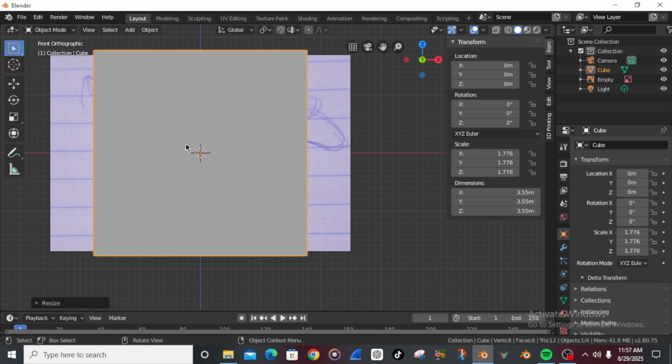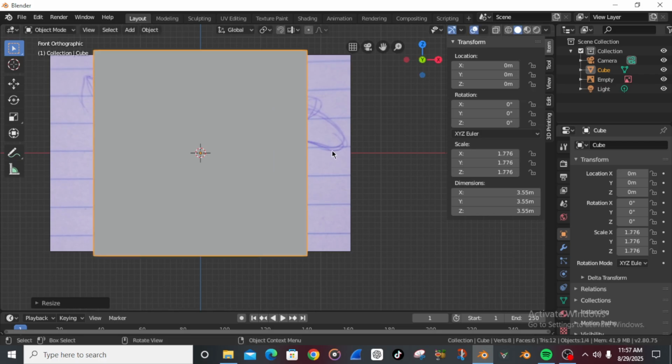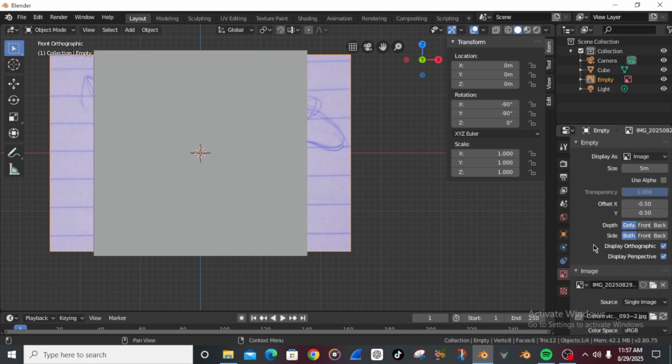So how do we make our cube visible and also our bunny head visible, that it gives us the ability to make this cube into the bunny head shape? Okay, and it's very simple. All you have to do is select the image, go to here, which is called the image data. Correct me if I'm wrong, but it's called the image data. Click on it, then you will see